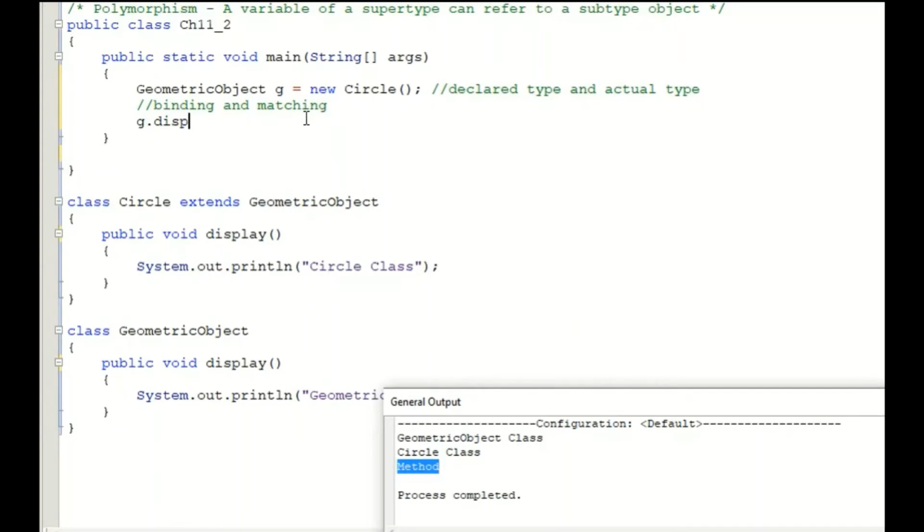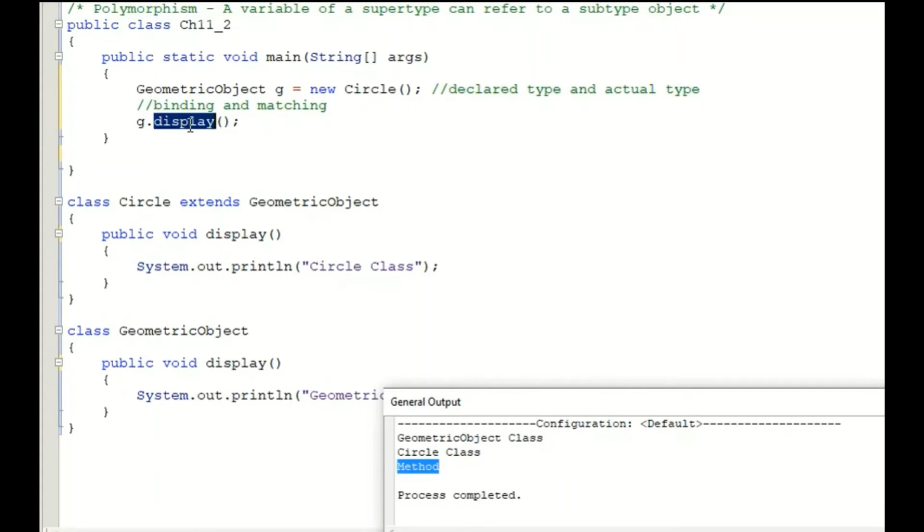So g.display. See, this is a variable whose declared type is geometric object, the actual type is circle. So the declared type is geometric object, this is the supertype, and this actual type is the subtype. Fine.